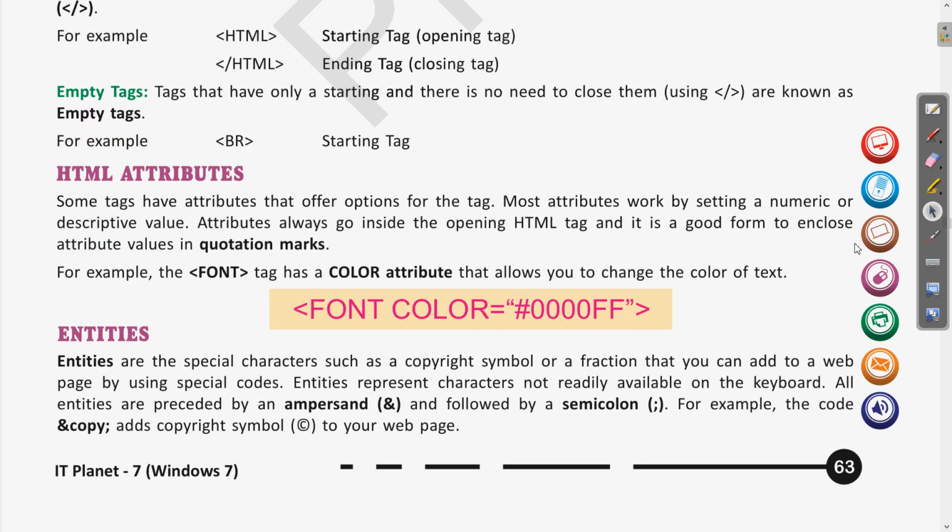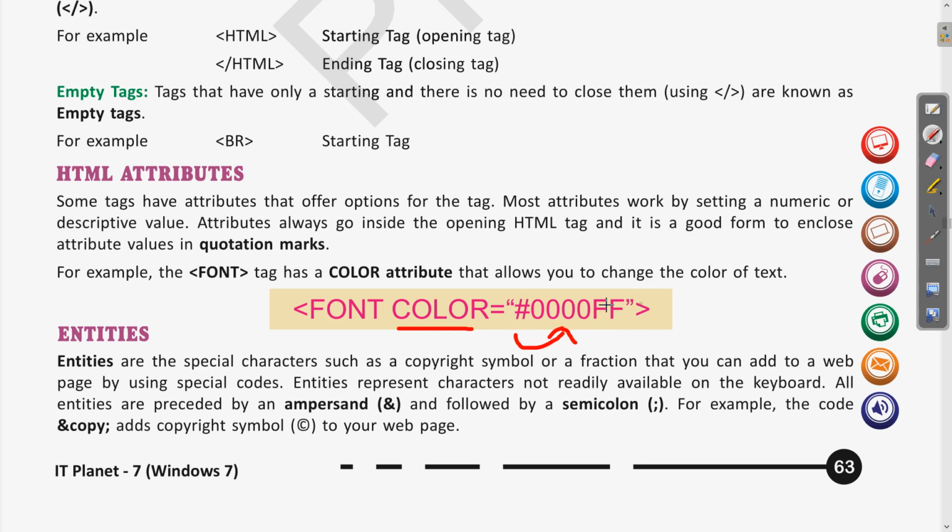So attributes are basically the values or the options which are given with these tags. If you are writing a font or any similar tag, these have some additional values. For example, the font may have some size, some color. The values which are written with them are called attributes, and the values are always written in double quotes, clear?